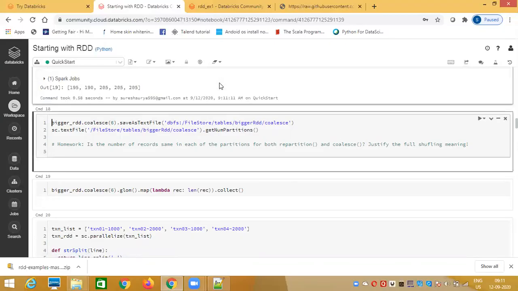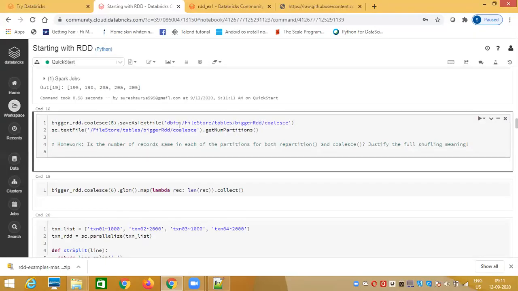Now you can see roughly 200 records should be coming in each partition, which it is doing. Some are 205, some are 200, some are 205, some are 195, 190, like that. Okay, these are the 5 partitions.